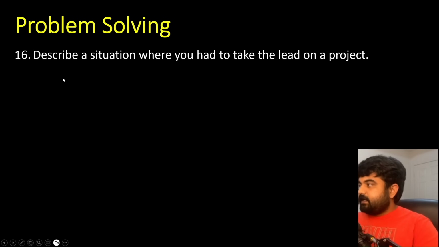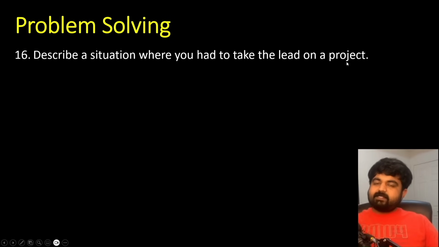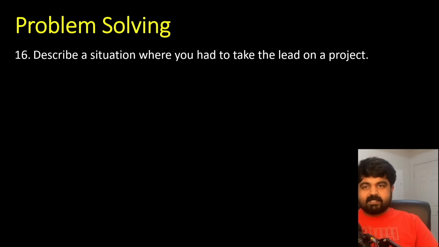Next is, describe a situation where you had to take the lead on a project. This is very similar to a previous question we already discussed, but once again, why did you have to take the lead? What was the scenario? How did you take the lead? Maybe there was a specific problem you were trying to solve, and then you put some extra attention in order to achieve that result. Maybe some person left the company, some new project came in, some conflicting priorities happened,